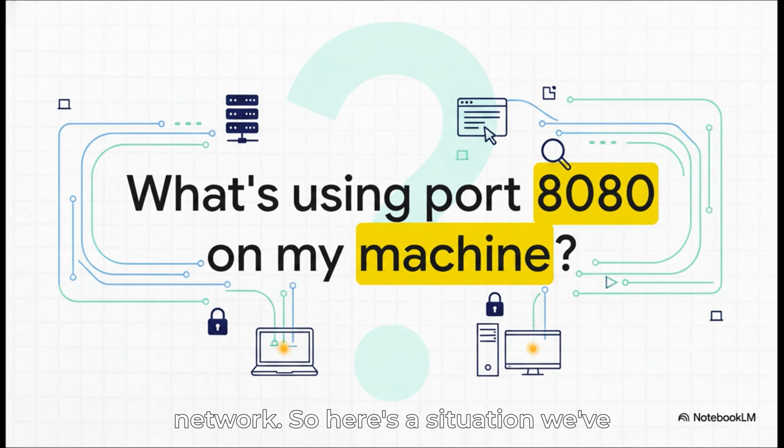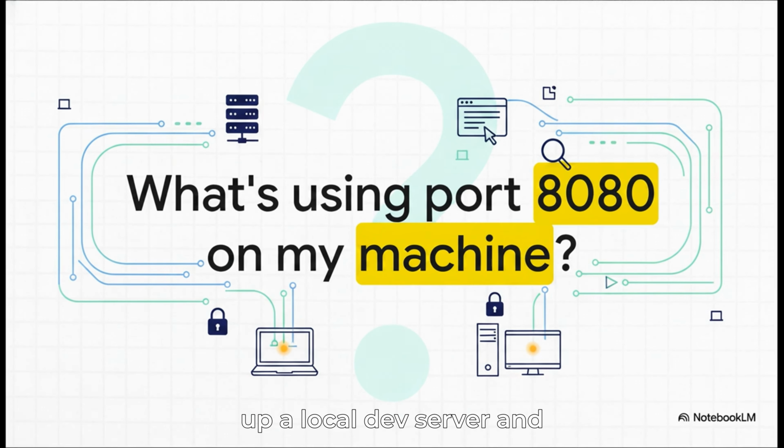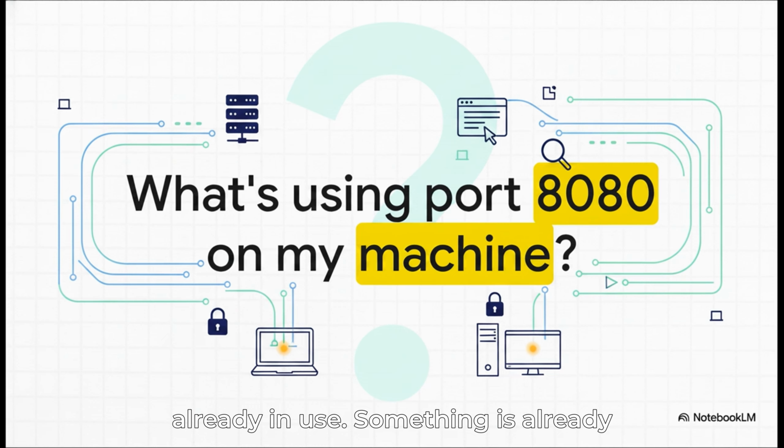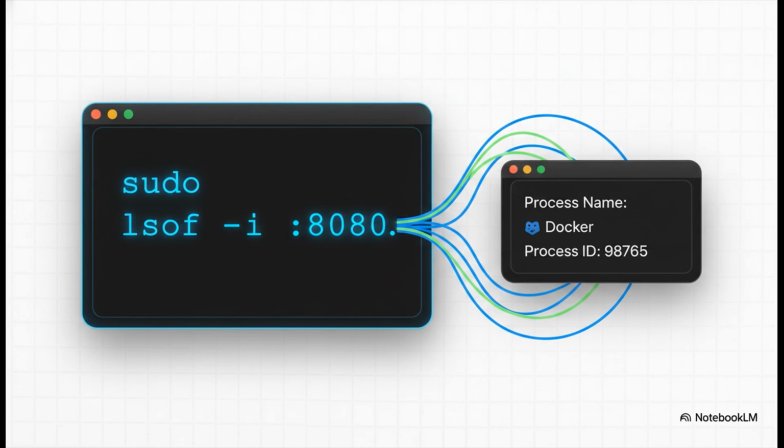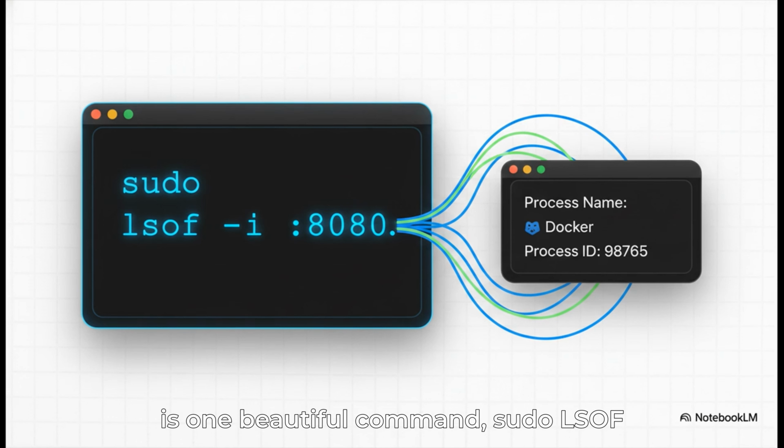So here's a situation we've all been in. You're trying to spin up a local dev server and you get that dreaded error, address already in use. Ugh, something is already squatting on port 8080. How do you find out what it is without just randomly quitting apps and hoping for the best? The answer is one beautiful command: sudo